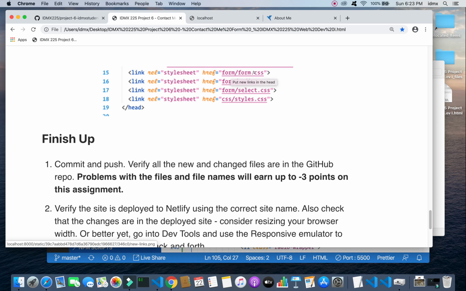It includes both the 3 CSSs, and it also includes the special SVG or 2 SVGs that we're using. So this is what we're going to have to do. We're going to add 3 new links